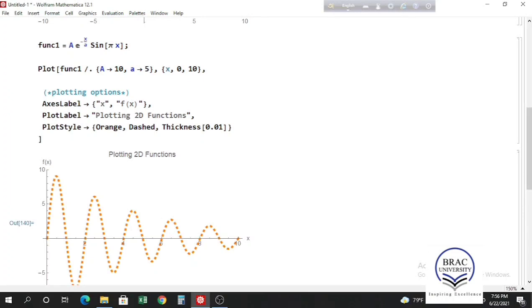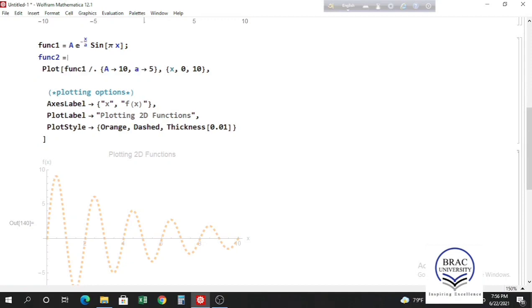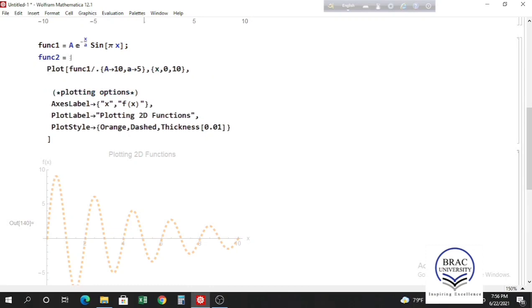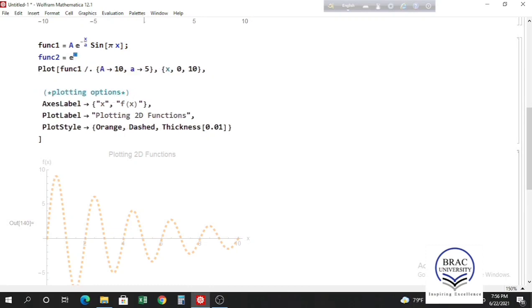Say function 2 equals e to the power x cosine of x, e to the power x cos of x. So let's plot this function now. Let's take function 2 inside plot. So if we press shift enter now,